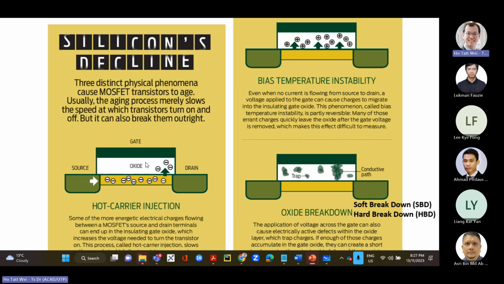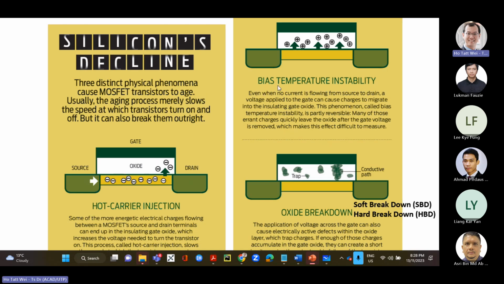It's a normal transistor, and in the course of many years, imagine you're using this and you're driving current so often, there will undoubtedly be some charges that will get stuck in the oxide, and it has the effect of effectively reducing the threshold voltage, meaning that for the same VGS here, there's going to be less charges pulled up here. So it's weakening the current, because you don't have so many free carriers here, right? So that's how it slows things down.